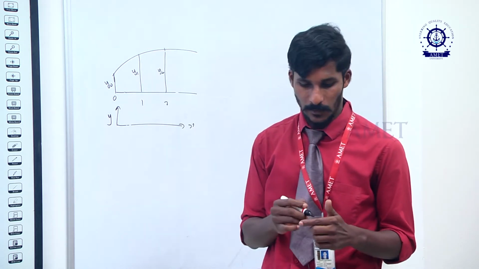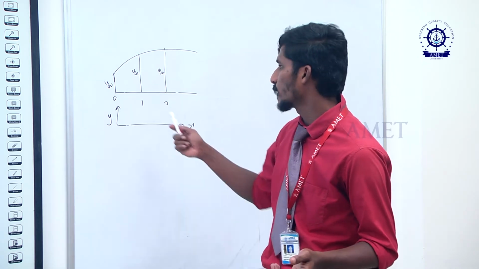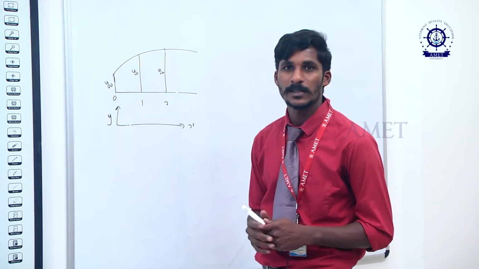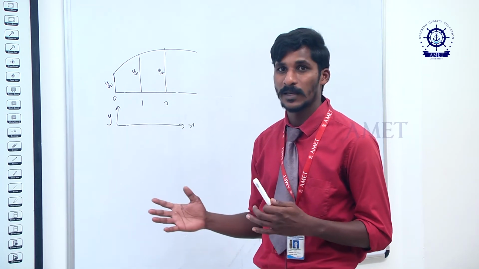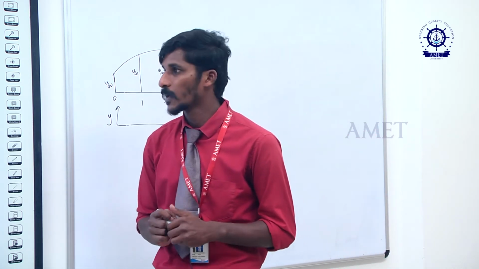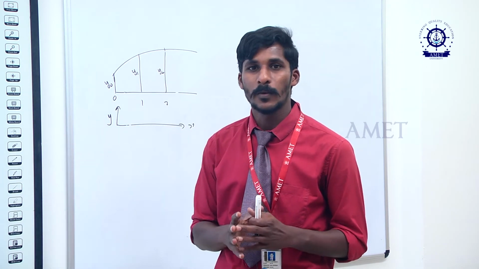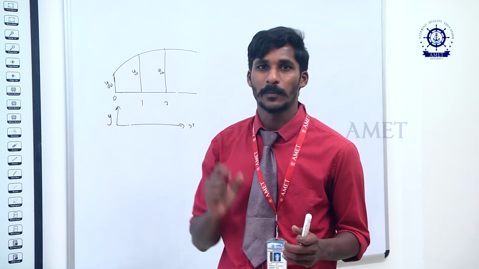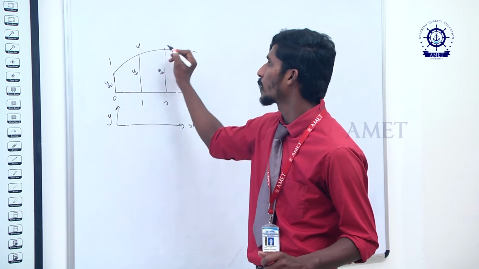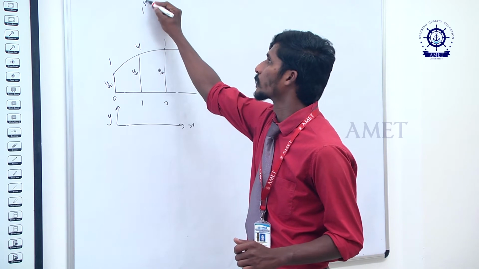So to apply the first rule, very important is that you require a minimum of 3 ordinates. If you see here, how many ordinates do we have? 1, 2 and 3. So if you have 3 ordinates, we can apply the first rule. This is the minimum ordinates requirement. The first rule states that the Simpson multiplier is 1, 4, 1. So what does multiplier mean? It is how you have to multiply each ordinate with what multiplier. If I say 3 ordinates, one ordinate will be multiplied by 1, another by 4 and the last by 1. So this becomes the 1, 4, 1 rule, according to the first rule.